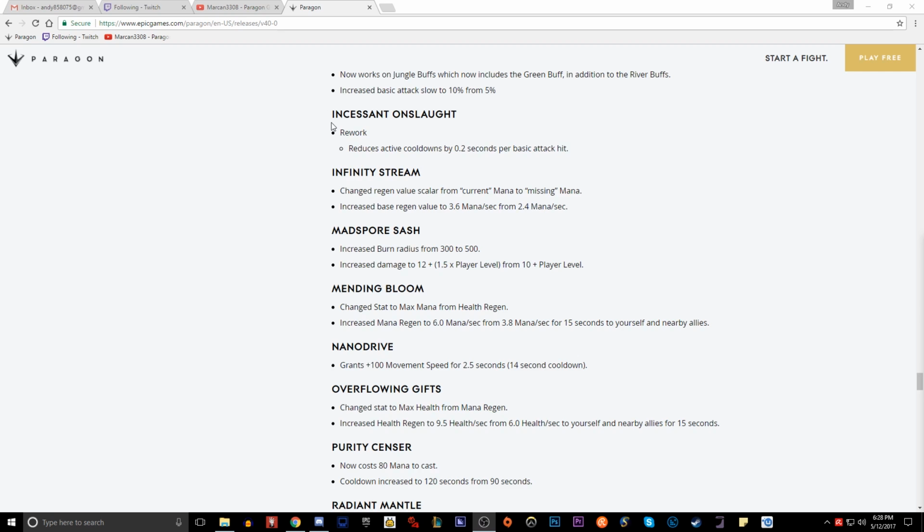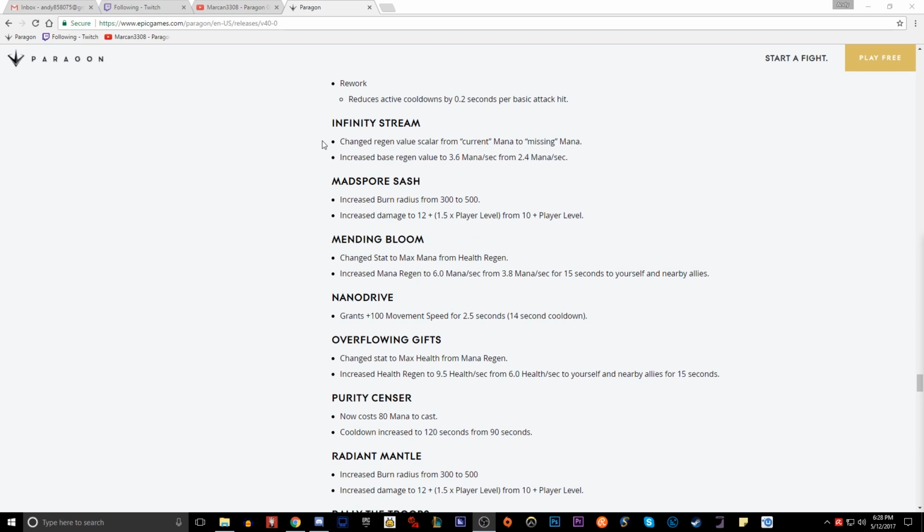Now, what is a huge change is Infinity Stream. It changed the regen value, the scaler, from current mana to missing mana. This is going to be huge. The current mana was never all that great. It was a good card. I built Infinity Stream on almost all of my mages, but now that it works off of missing mana instead of current mana, plus the regen value has gone up to 3.6 mana per second from 2.4. So overall, as a mana regen and pen card, Infinity Stream got a nice buff